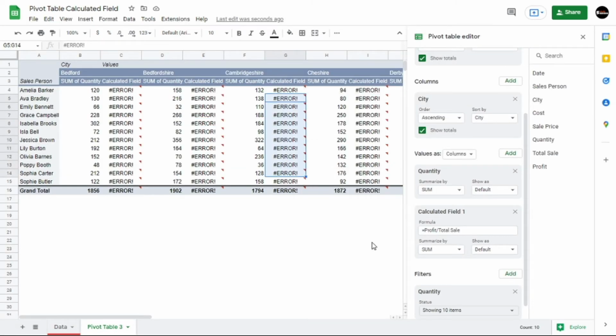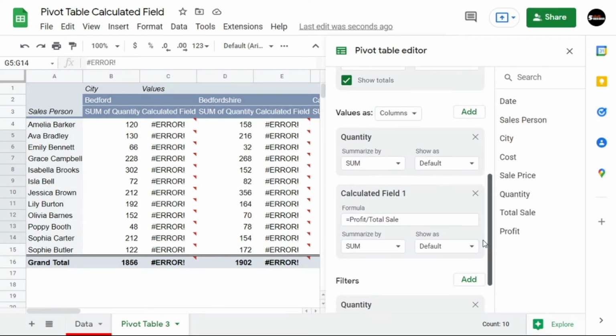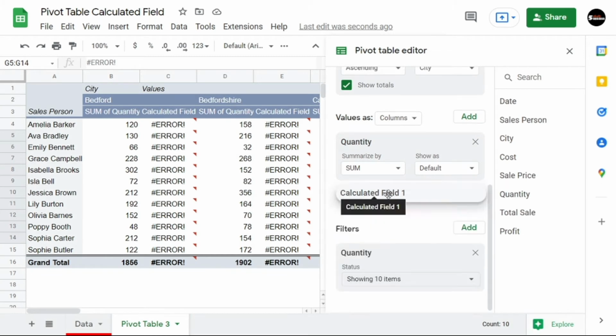It gives me an error here. Why? Because if you have a single word as a column header, it works fine, but when you have more than one word as a column header, then you have to enclose the headers with single quotation marks to let the pivot know it is text and a column header. Let me apply the changes.